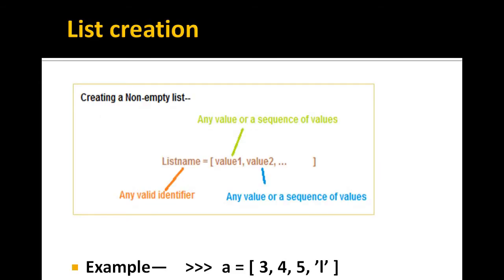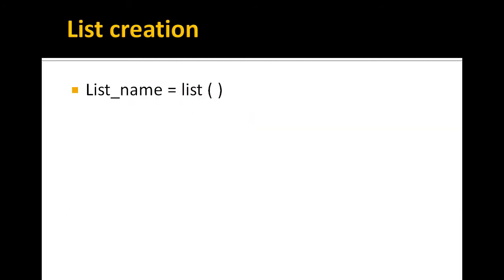Now how to create a list? You can create a list in two ways. By just passing the values inside the square brackets. Example here given. And these values can be of any type or they can be sequence. For example here first, second, third values are integer while fourth value is a character. Or you can use list function. This is a constructor function to which if a sequence or a function that returns a sequence is passed, it will create a list. That means it will convert the values of those sequences into a list.